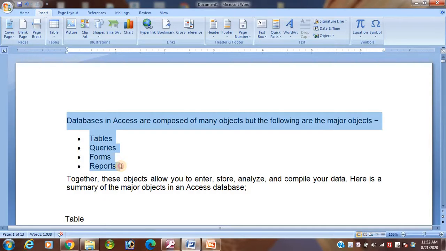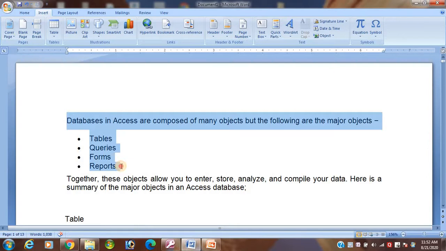Okay students, to be clear about queries, forms and reports, first of all we have to make a database, and to make a database, first of all make a table. To make a table we learn some data types, fields and records.